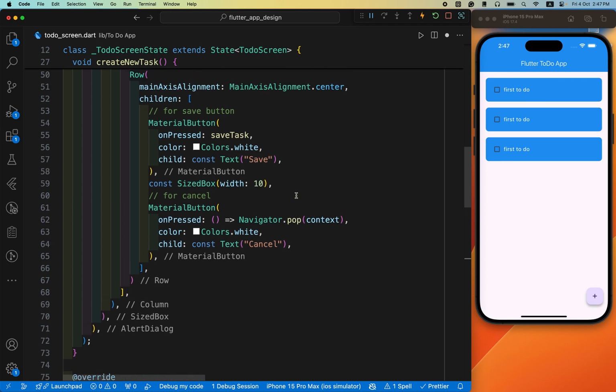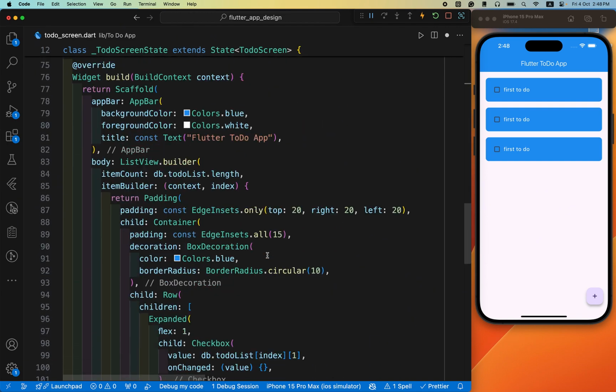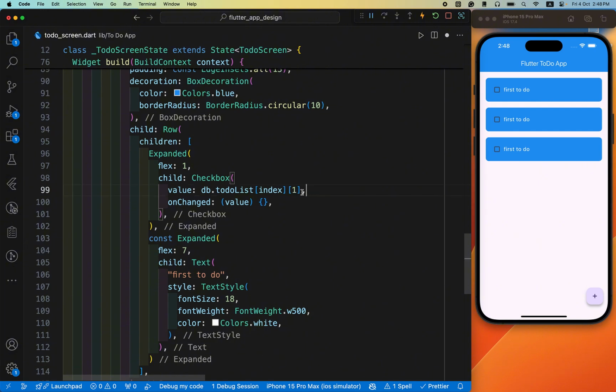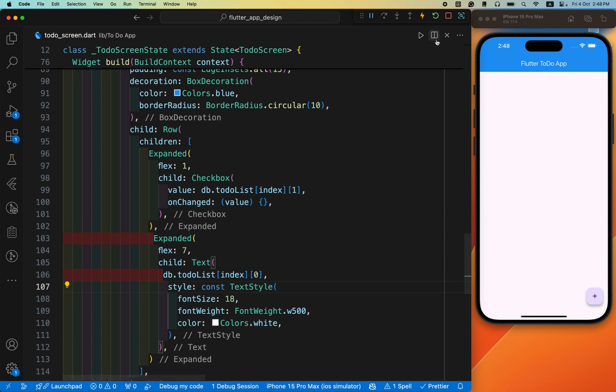Here you can see, during adding the data, we have set the text as the first index and its condition as the second index. In an array, the first index is always 0 and the second index is 1. That's why we have put its index as 1 and we have put the value index as 0. Just copy it from here and paste it here with index 0 and remove this const from here. And if you save it and restart the app,